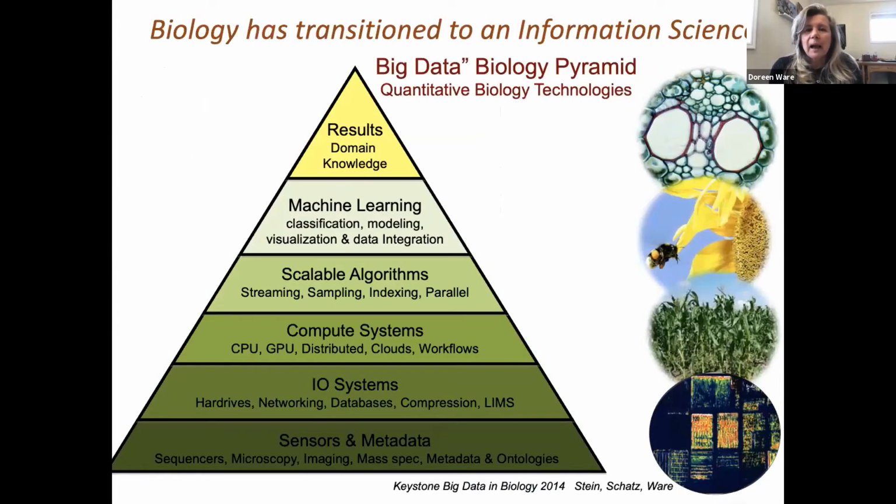And this is where biology has really transitioned to an information science. This was an outcome of a keystone meeting that I organized with Lincoln Stein and Michael Schatz. What this is really highlighting is that we are streaming data from all different levels, all the way from the single cell level to interactions between organisms,